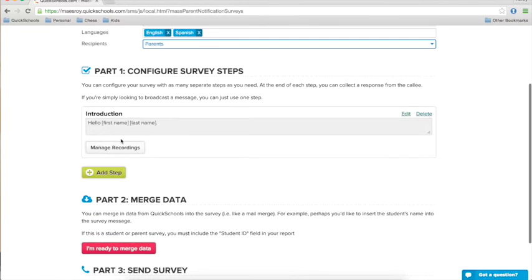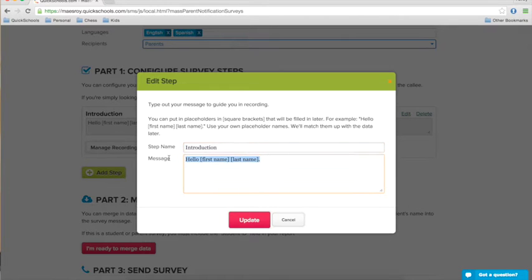So in part one, we'll start with configuring the message. So we'll click Edit. Now this is where you'll create the text for what it is you want to say. And you'll notice that you can also create these tags or these placeholders for spots where the system will fill in information. So for example, for class lists, I want to say, dear parent, your child, and I'll say